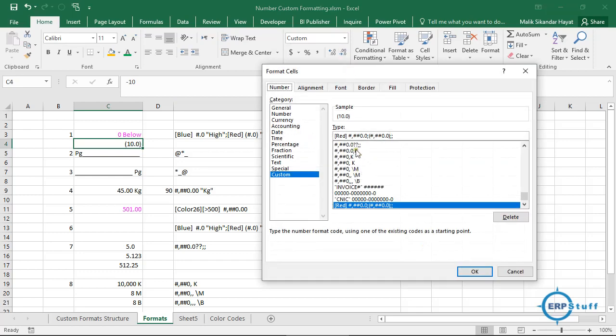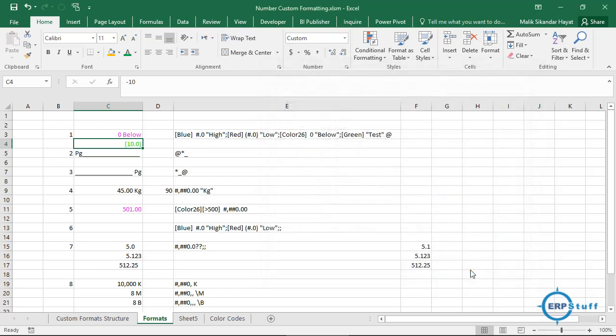So what I will do, I will come here, I will search for this semicolon. After semicolon, I will put this and I will say green and close. That's it, right? So negative became green and positive number became red, right? You can use your color code here if you want.